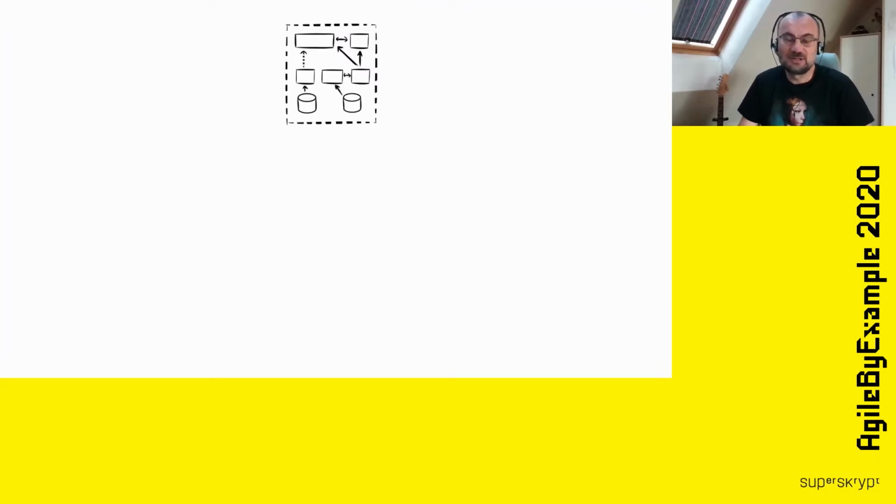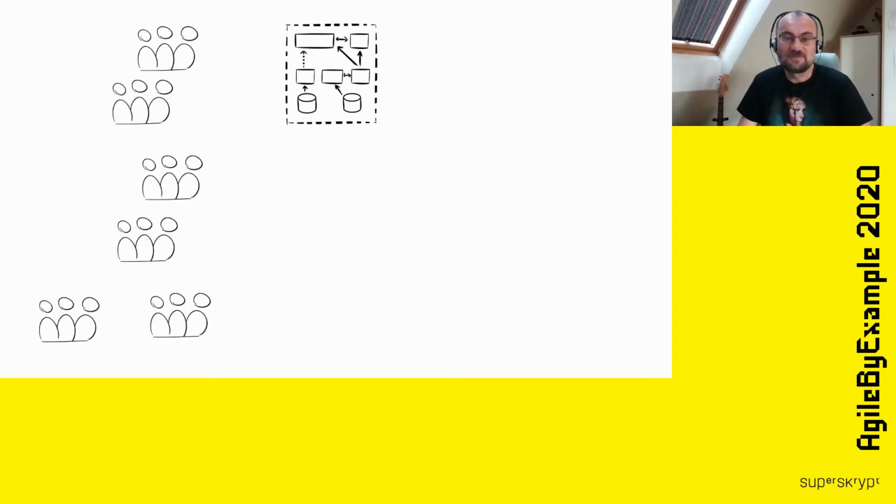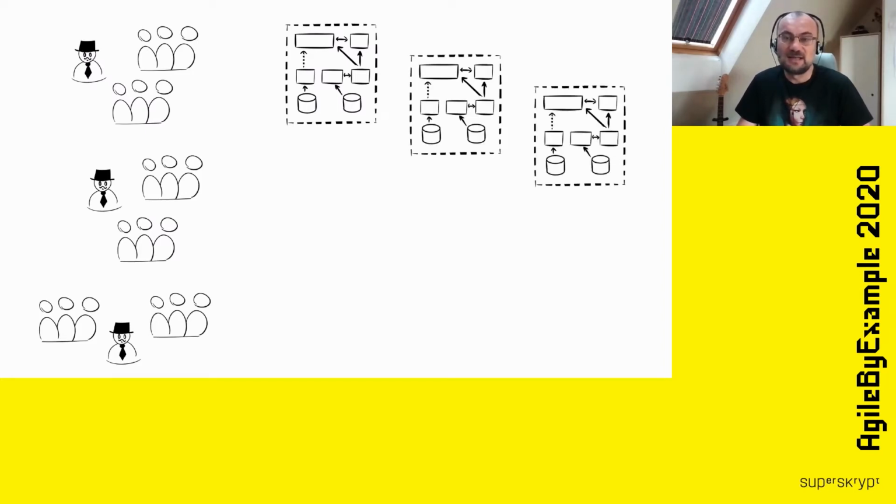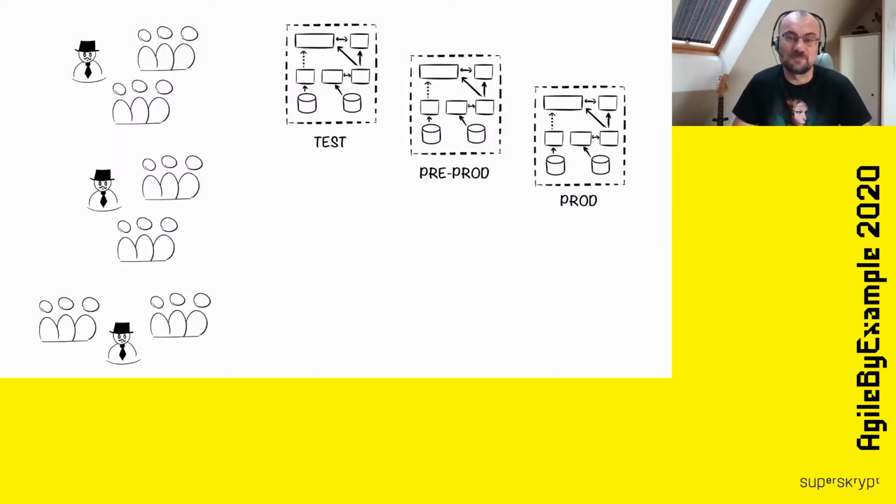The project is about creating a quite complicated IT system. This system consists of many elements. Part of these components is created by external vendors. Part of these components are created in-house. The thing is quite big, so we have several development teams, at the moment 8 of them. We also have product owners. The system is divided into functional areas, so we have 5 product owners at the moment. And during the project, 3 integrated environments have been created. So we have testing, pre-production, and production.